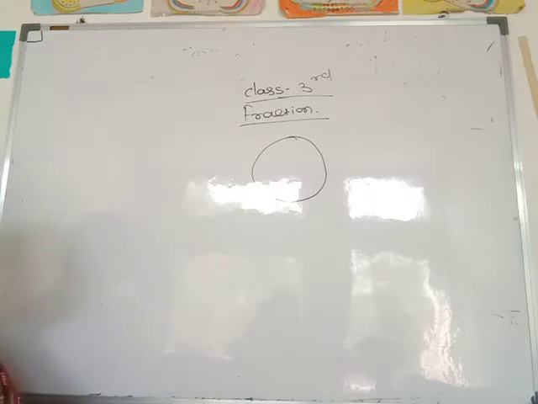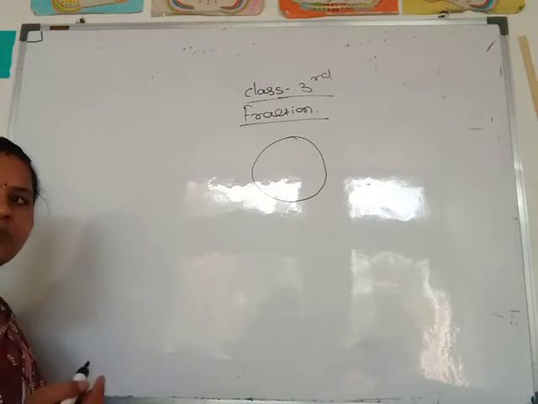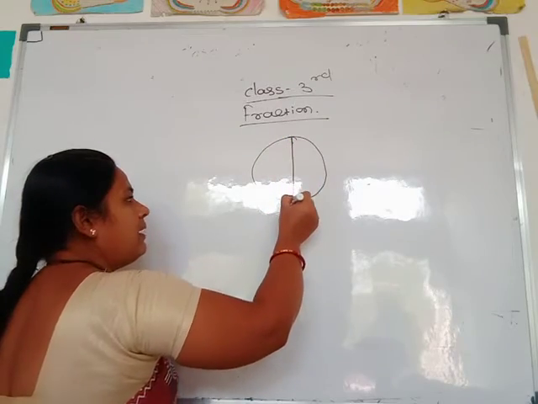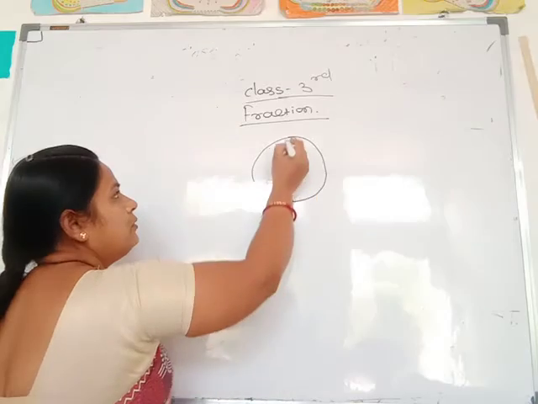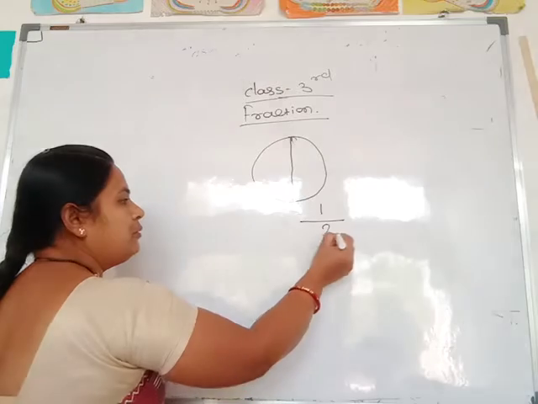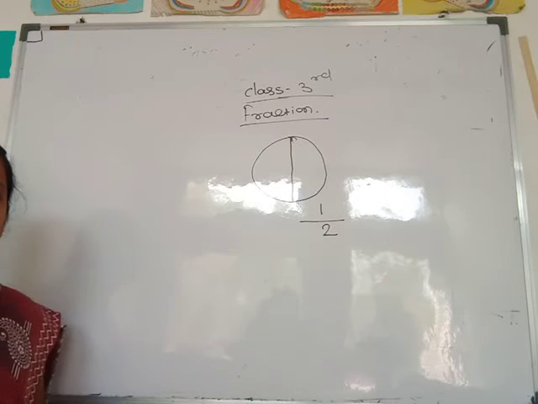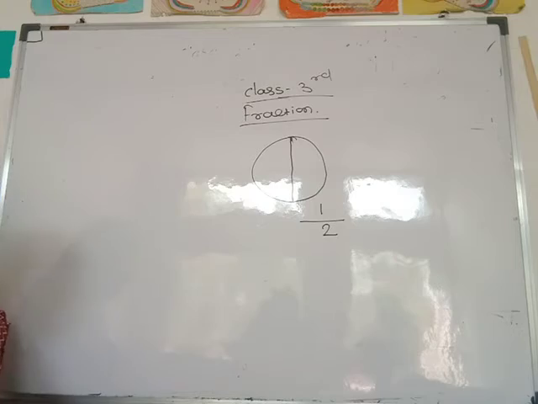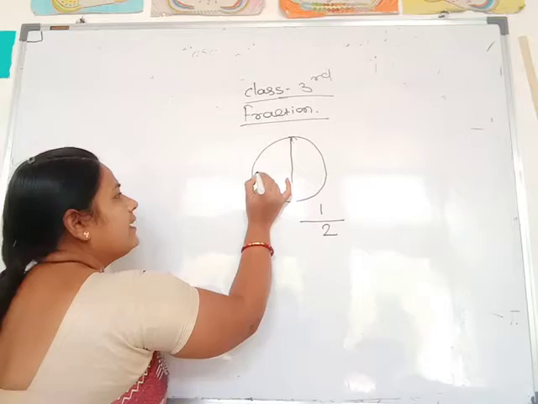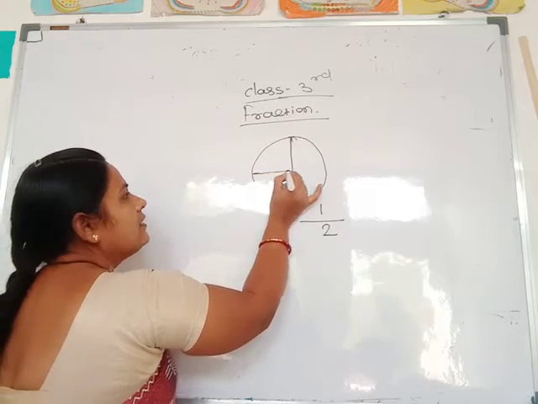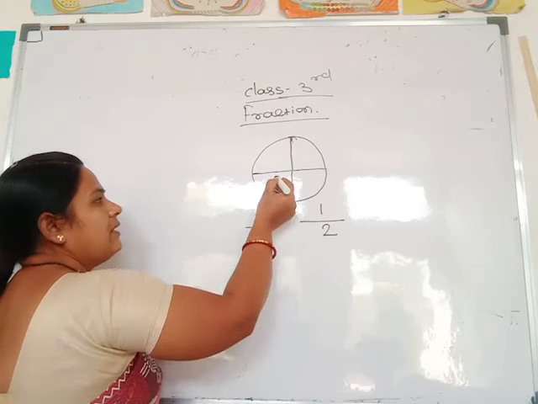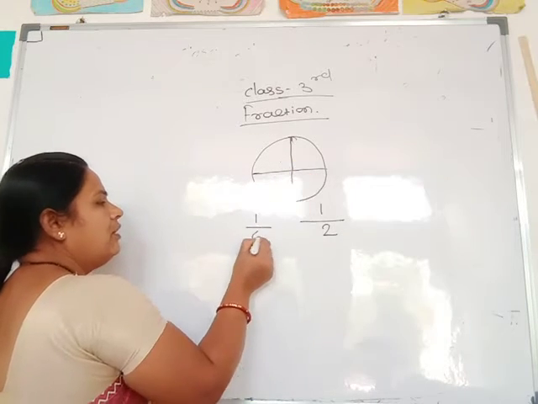This one part is divided into two equal parts. Equal parts. See here, firstly two equal parts. This one part is divided into two equal parts. Then this part is called a fraction. Again this part is equally divided, means one part is again divided how many times? 1, 2, 3, 4 times.